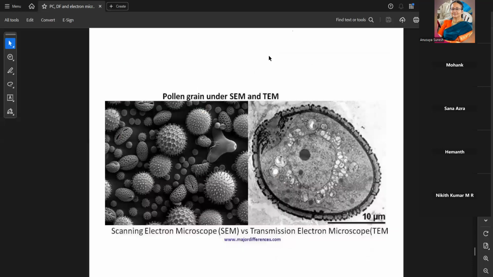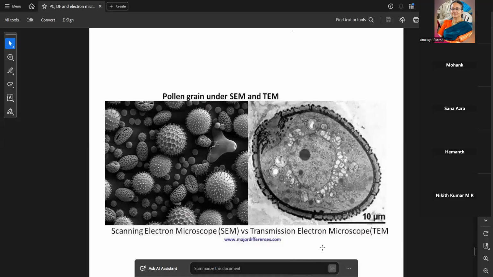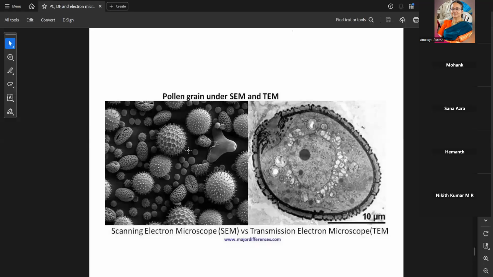Same way here, they took samples of pollen grains. You know what pollen grains are, I hope. So these pollen grains, when you see them under SEM, that is the left side image, and under TEM, that is the right side image. So you can make out here, in the scanning electron microscope image on the left side, you can see details of what is on the surface of that pollen grain. Can you make out that? There are some spiky-like things, some benzene ring-like structures, some dotted areas, and some fissures there. All that is happening on the surface of the pollen grain, we can see by using SEM.